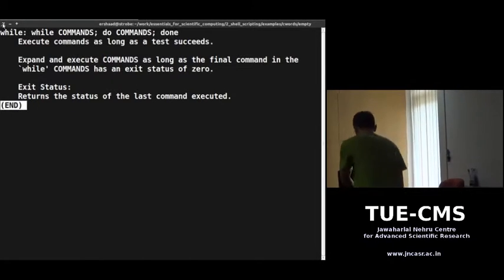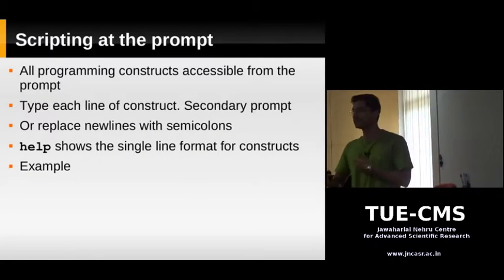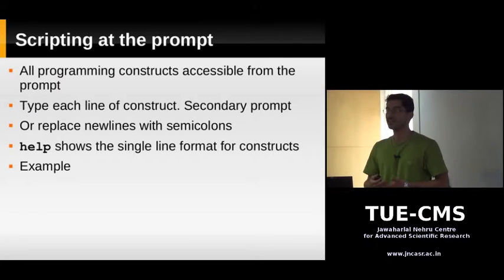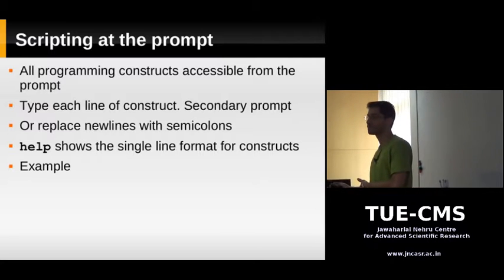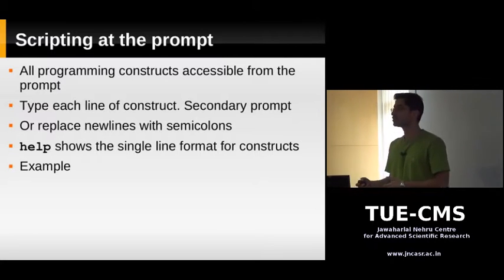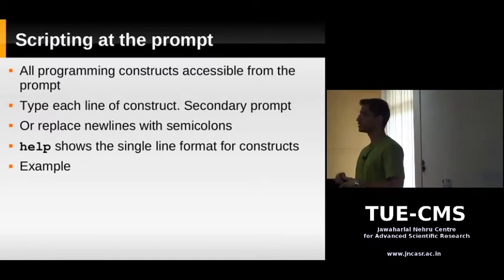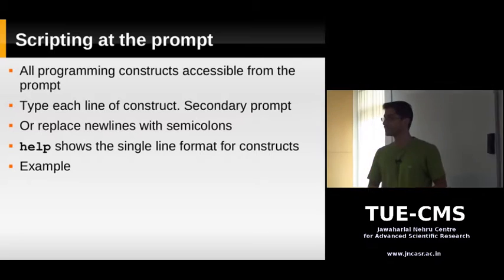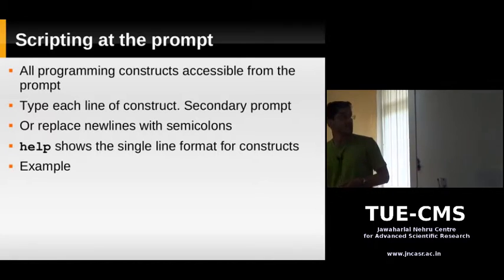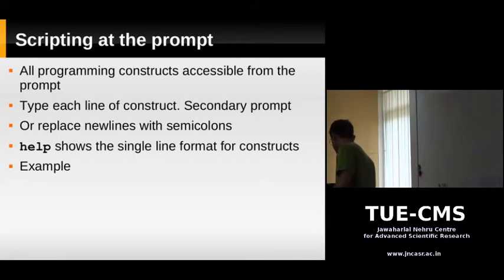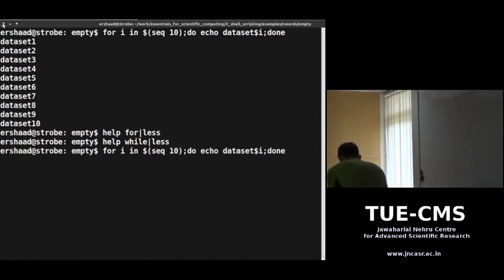There's one thing you need to remember when you're typing commands on the command line. You remember in the first class I told you that when you type commands directly in the shell, they run in the shell itself, and when you run a script, it runs in a subshell. So the cd command was not affecting our current working directory when we ran it in a script, but when you ran it on the command line, it was affecting it. That same thing applies here. When you're typing commands here on the shell, even a for loop or a while loop, it's going to affect your current environment. So one quick way to show that is we just ran this loop.